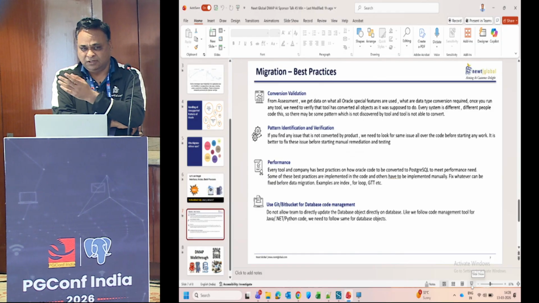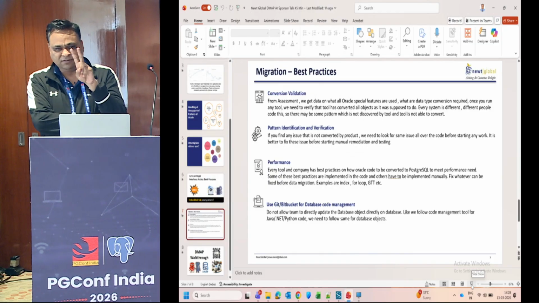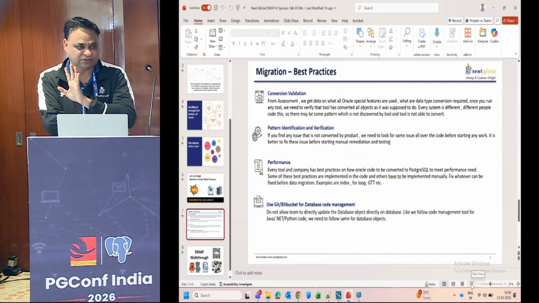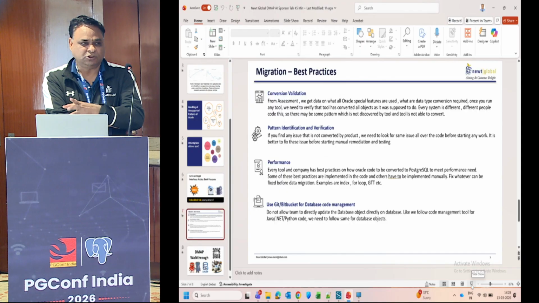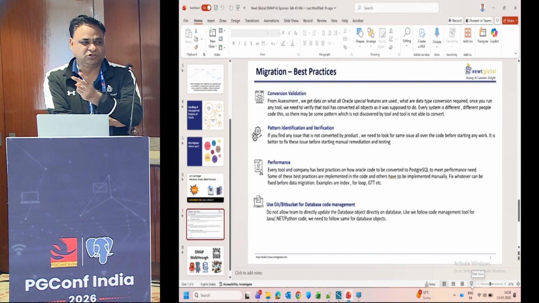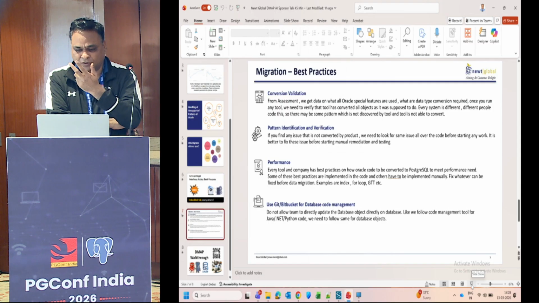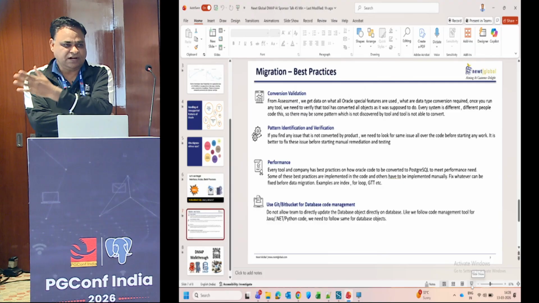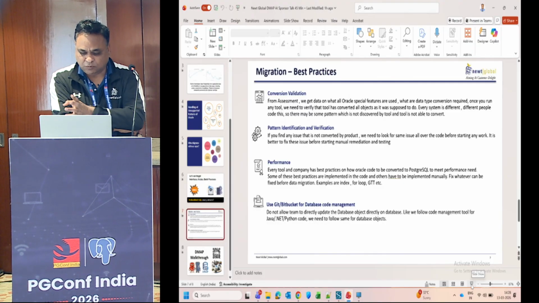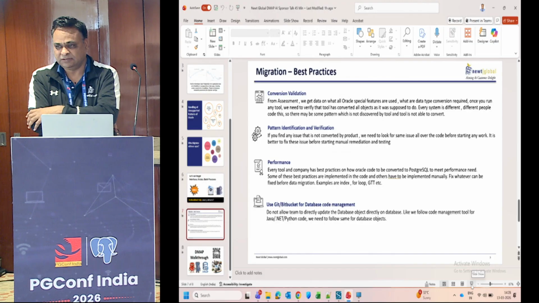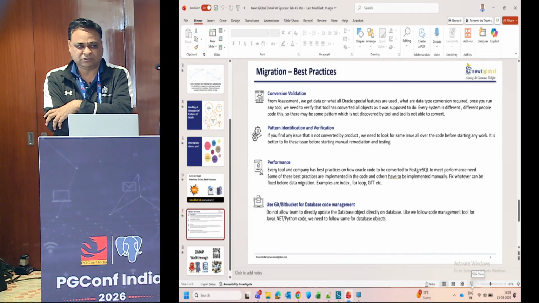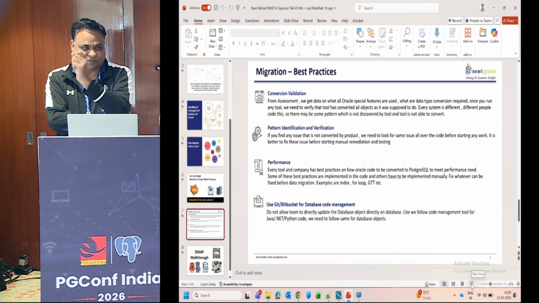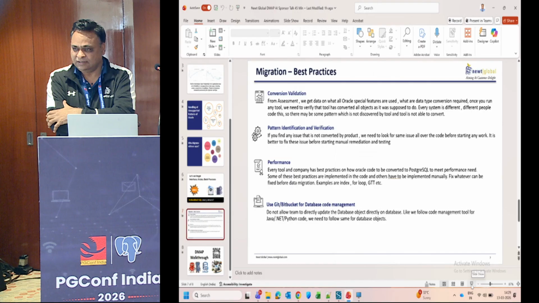For example, with most of the customers we have seen, they have only two objectives for going from Oracle to Postgres. The first objective is license cost: I should be able to save the cost. The second objective is that my performance should be better than the Oracle performance. If these two objectives are taken care of, then on the commercial side the procurement will be happy, and if the performance is good and the functionality is good, their end users will be happy. So these are the two objectives that we have seen, and unless you take care of performance, it will not work. Because any change you make in your organization or your customer's organization, there is always resistance. Unless you go and prove that yes, I have done better than what you were doing earlier, only then will they accept it.